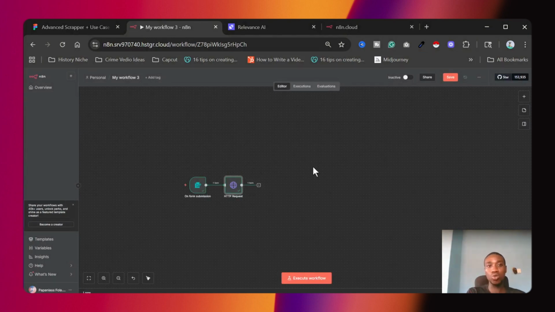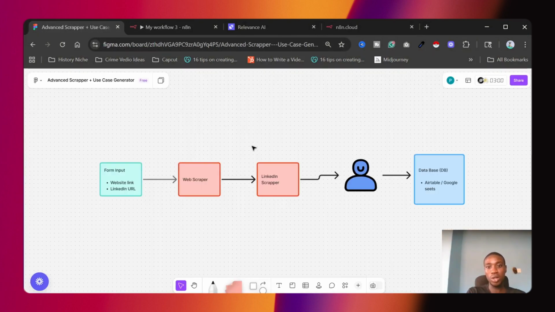Now we need to go to Relevance AI. I told you Relevance AI is where this LinkedIn scraper is built. We're going to link one of the agents on Relevance to our n8n workflow. So anytime I want to scrape LinkedIn details, instead of going to Relevance manually, we are going to scrape directly inside of n8n. That's what they call API control. We are going to call the agents from n8n and it's going to do exactly what the agent is supposed to do, whether inside of Relevance AI or inside of n8n. I'm not sure whether you get what I'm trying to explain, but you can just follow along and you'll get it in a bit.